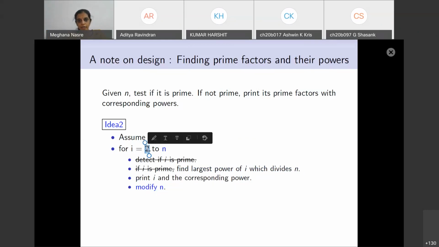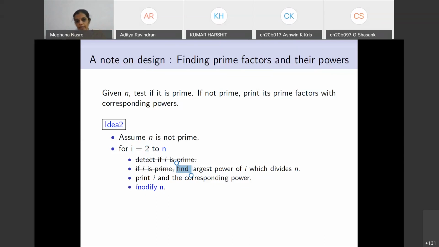You find the largest power of I which divides n: 2 to the power 2 is the largest power, because 2 to the power 3, which is 8, does not divide 100. So you print 2 and 2, which represents that 2 to the power 2 is dividing 100.